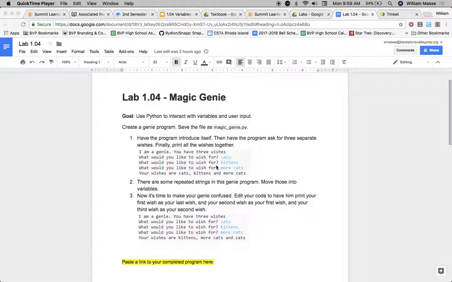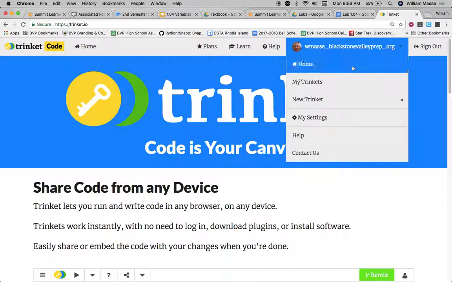So what would you like to wish for? Cats, kittens, more cats. And then we're going to display their 3 wishes out. So let's take a look at how we could build this. It shouldn't be that difficult. We're going to go ahead and